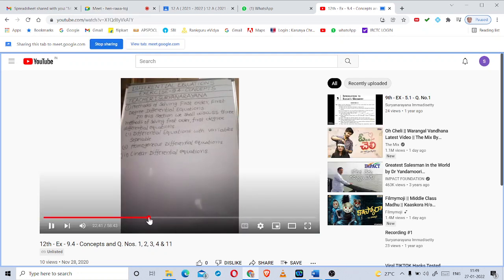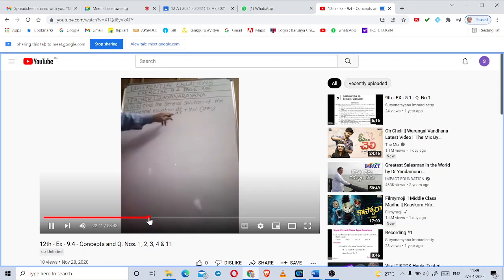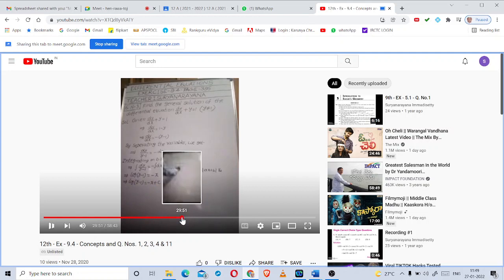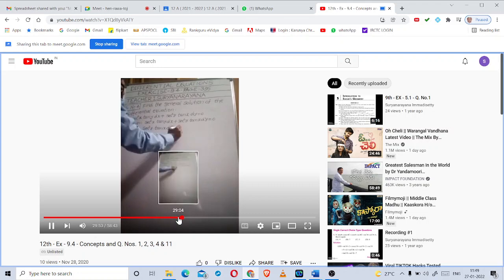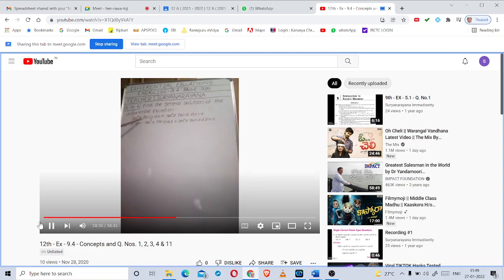General solution of this differential equation. Right. Come to the solution part. Given dy by dx plus c minus secant square x equation secant square x tan y dx plus